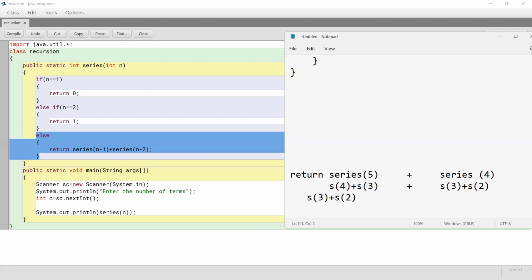So obviously, at the time of programming, you do not need to think in this way. Otherwise, you will be confused. But for the dry run, for the first time, I'm showing this to you. So S3 means S2 plus S1. And here S3 means again S2 plus S1. And here